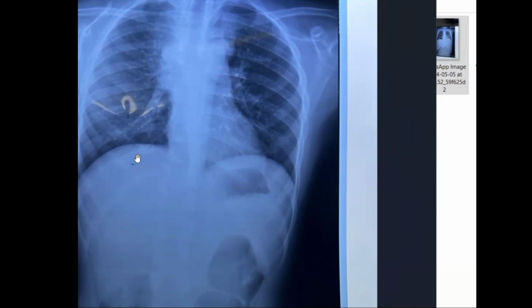Both domes of the diaphragm are in the normal position, and right dome is slightly higher than the left dome, and both cardiophrenic and costophrenic angles are normal,